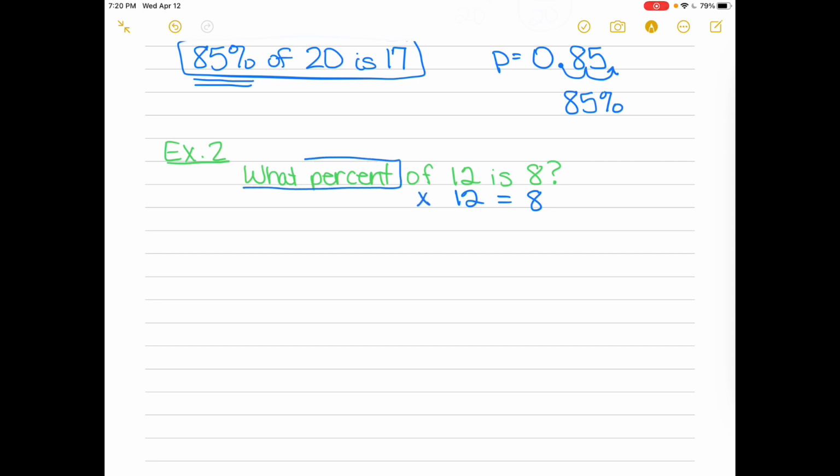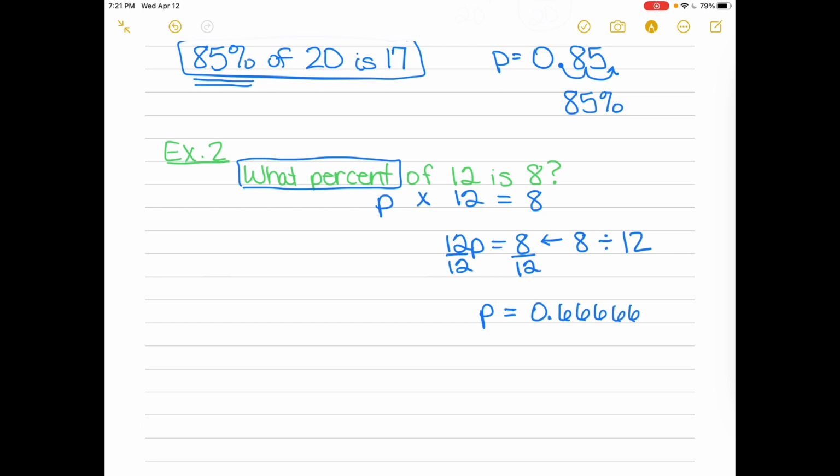And what percent? When it's asking you a question, that means I don't know. I don't know the percent. So that means I'm going to use P. And now I'm going to write the P times 12 the right way. So 12P equals 8. And now we know how to solve this equation. We're going to divide by 12. When you put this into your calculator, you write 8 divided by 12. The first number always comes first. So when I do 8 divided by 12 in my calculator, I get